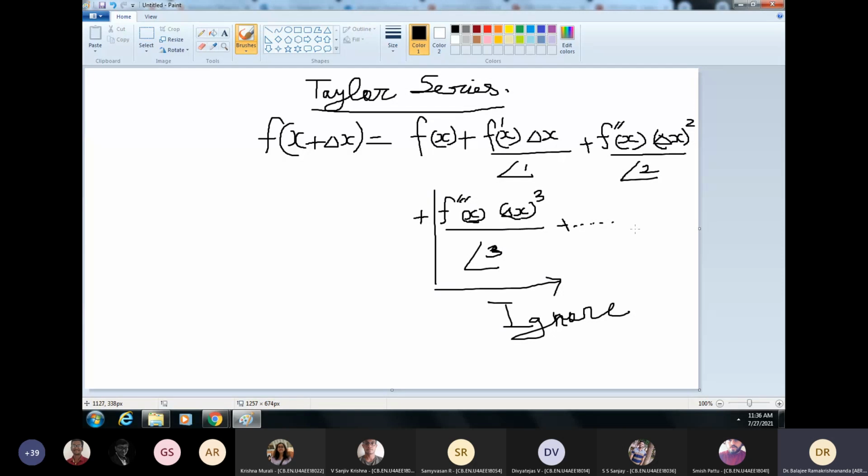So if you include more terms in this series, you can be more accurate. But you're looking at the other side: how inaccurate you are, or what error you are committing. If I retain the first few terms, here you'll get an error of the order of delta x cube. So you will be committing something called truncation error. Now I have a question for one of you.